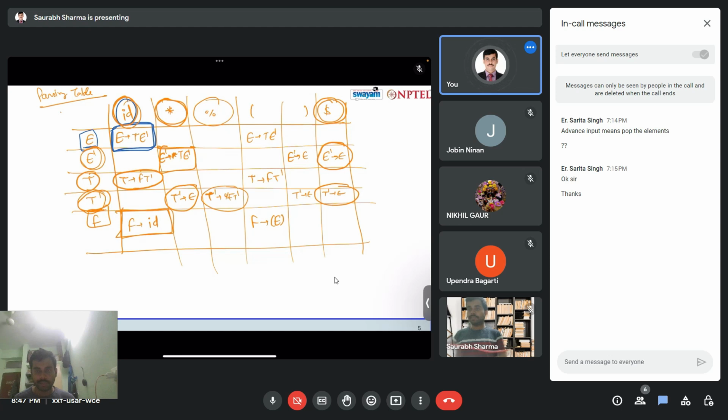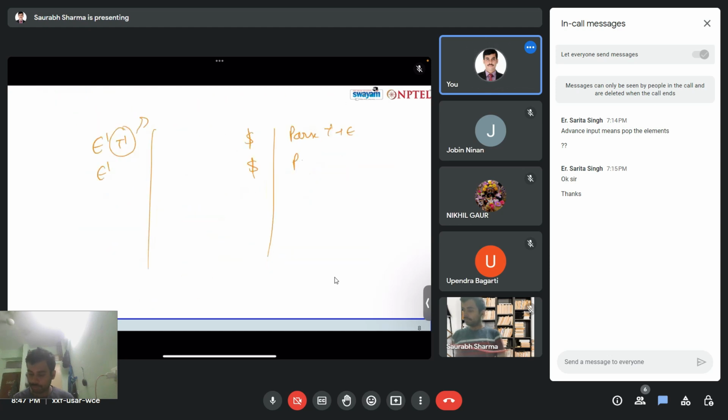So parse E dash derives epsilon. So there is nothing, there is dollar, and this is the symbol where we say it is done. So this string is valid for this LL1 parser, and it is parsed using LL1 parsing. In this way, we can parse the strings using LL1 parser. So this is one example,